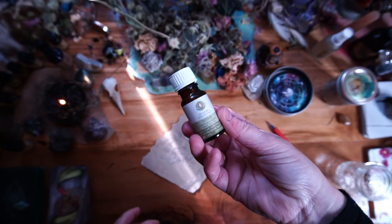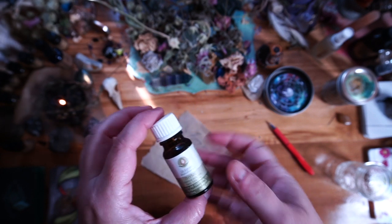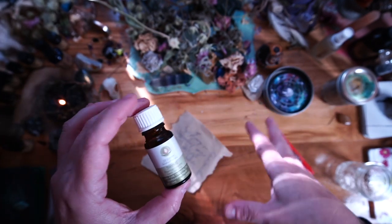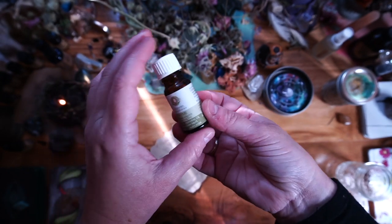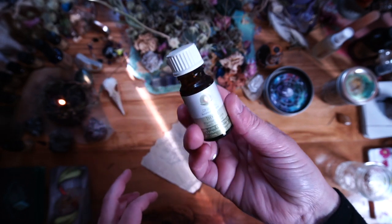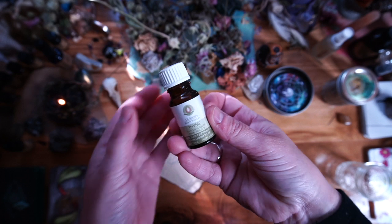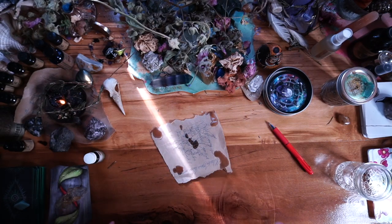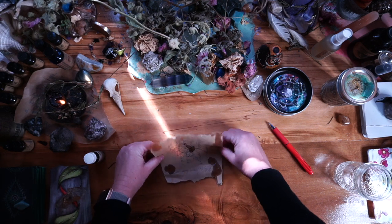I'm going to anoint my petition with thyme, just pure thyme oil. You can use any kind of oil that you like, that you believe would fit well with your petition. Because my relationship with my mother requires a little bit of extra healing, I thought that thyme would be great because, as they say, thyme heals all wounds. I just created a 5-point fixing pattern,